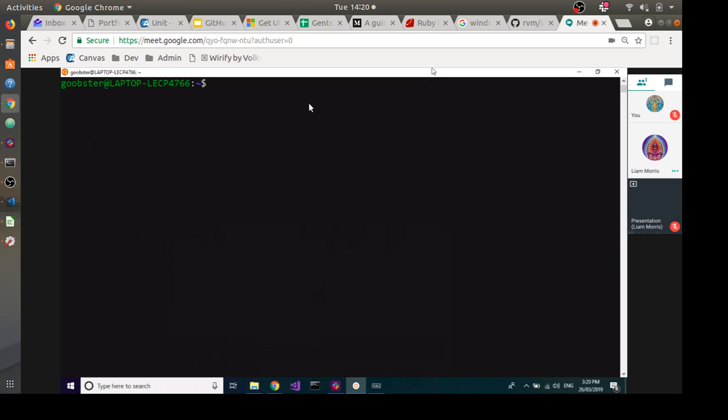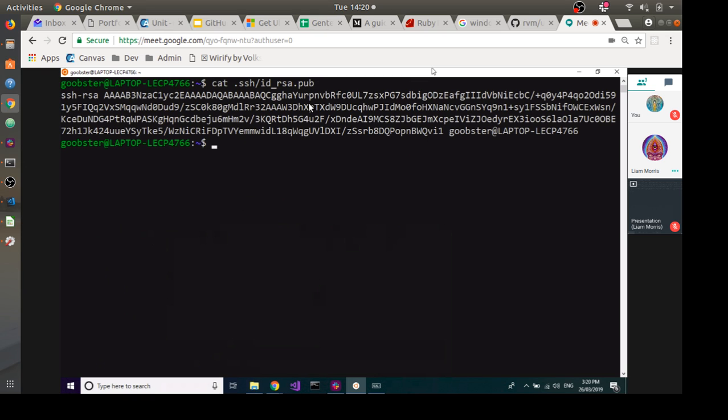It's cat, C-A-T. So C-A-T, and we're going to cat ~/.ssh/id_rsa.pub, the public key, because this is the key we're going to copy to GitHub. So enter. Now the reason I'm using cat is because cat won't put any weird new lines, characters, or spaces,